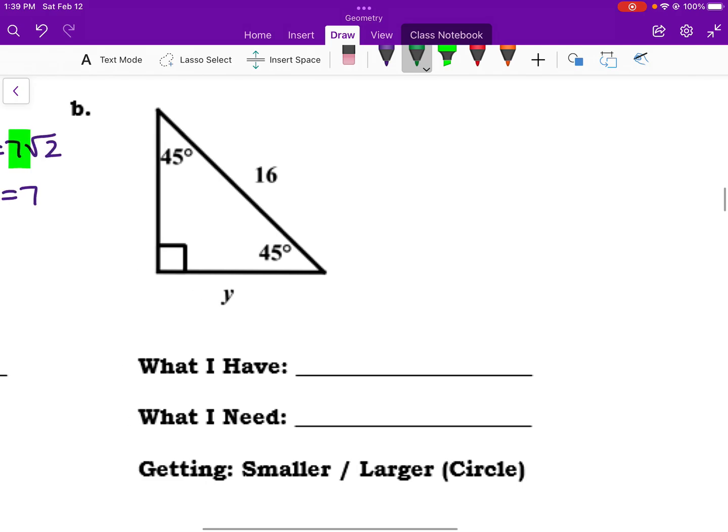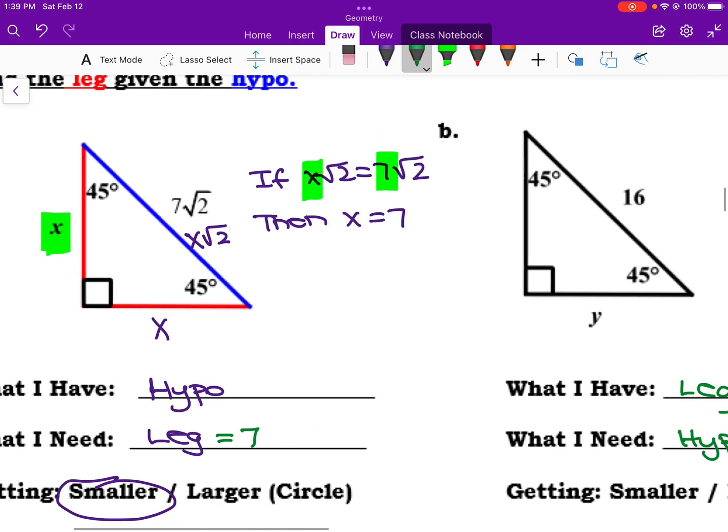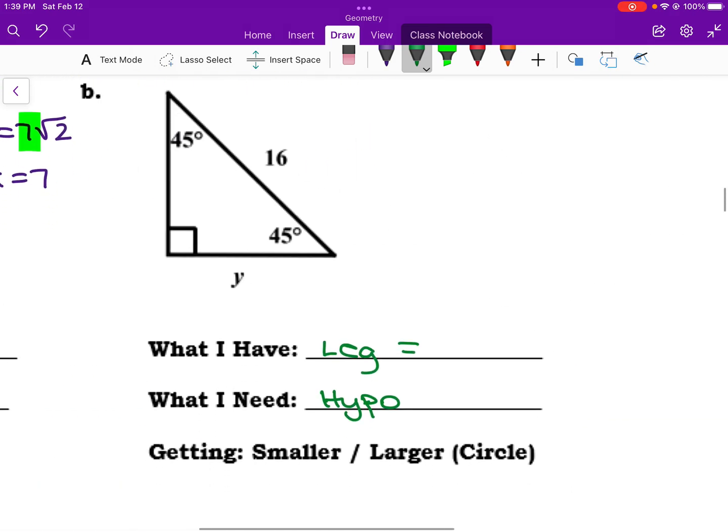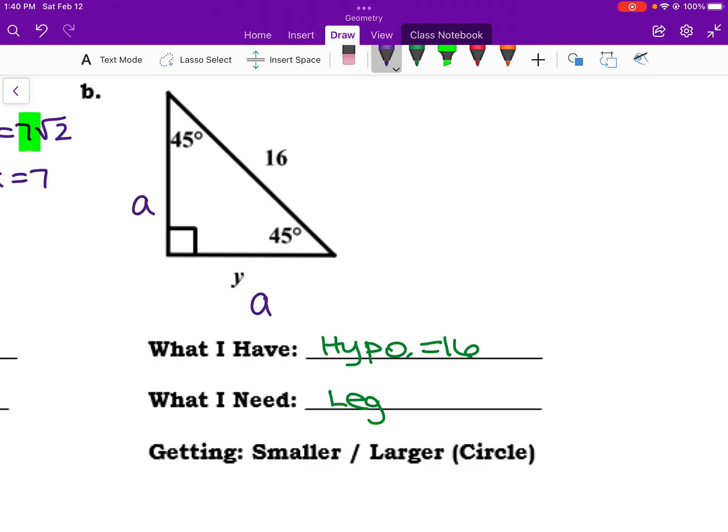Okay. Next one, still a 45, 45, 90. We know we're still finding the hypotenuse when we are given the leg. Okay. We know that the leg in this case, wow, the directions don't even, oh yeah, no. But we have the hypotenuse. Goodness, guys, I'm not very good at filling in blanks for some reason. So we have the hypotenuse, we need the leg. The hypotenuse from our diagram is 16. Okay, if we throw down the labels there, as your A